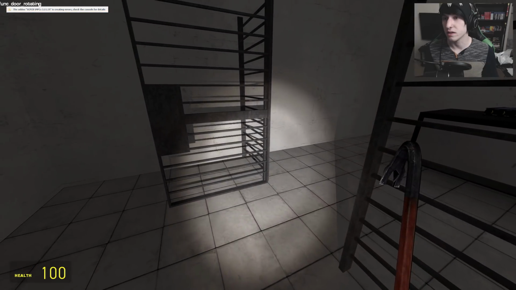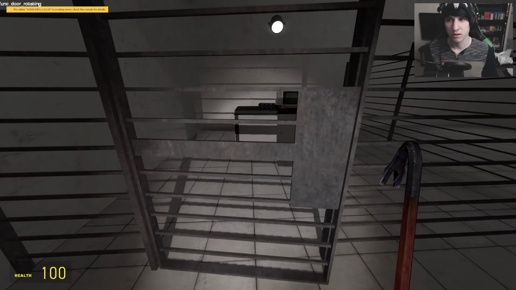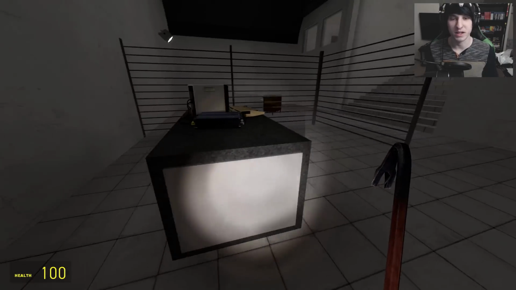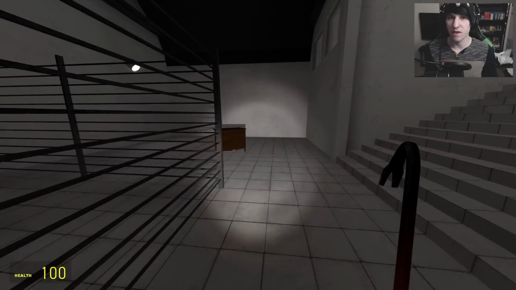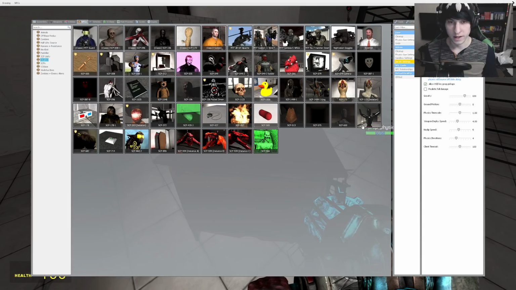Wait. Perhaps this is one? I don't know, but I'm getting some errors there. Something about bad argument to find, string accepted, got nil. And then there's some strings that I don't understand because I don't know how to do code. But yes, 005 is pretty much a skeleton key, which unlocks any door. Alright guys, next up we have